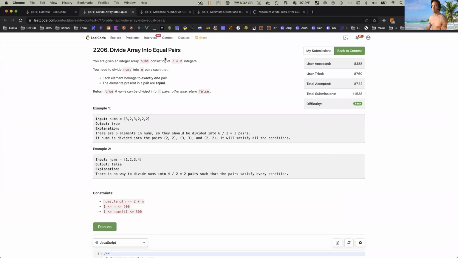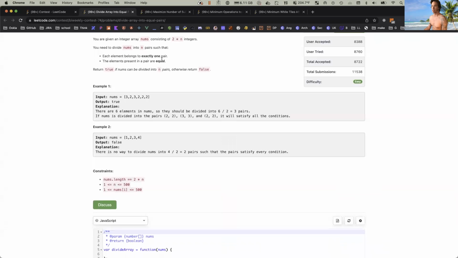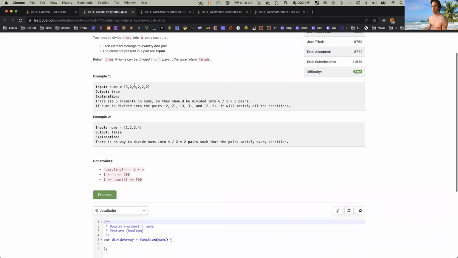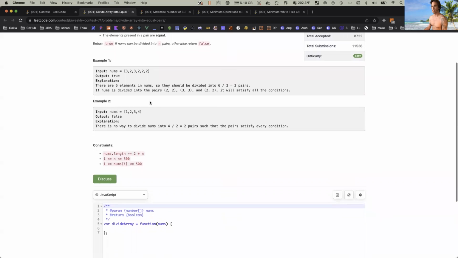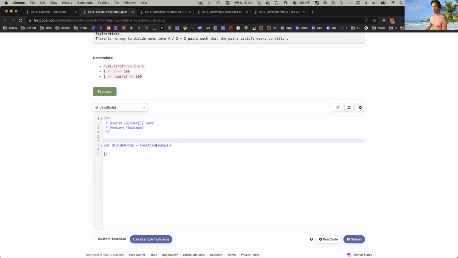All right, divide the array into equal pairs. You're given an integer array nums consisting of 2n integers. You need to divide nums into n pairs such that each element belongs to exactly one pair and the elements in the pairs are equal. Okay, so there needs to be an even count of each, right? So let's do this, 10:50 a.m. All right, and then we'll use a map to count each value